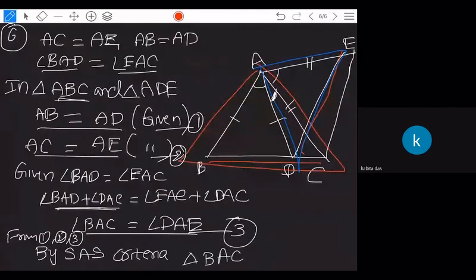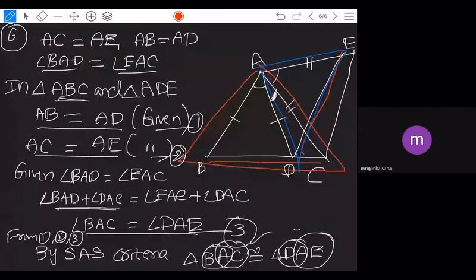BAC is congruent to, BA equal to what here? DAE. Is it right or wrong? You have to check it. Because angle BAE, angle DAE equal. BAE, DAE equal. BA equal to DA. Yes, DA. Is it right? Yes, sir. So next thing, what you have to see in this: AC is given here, AC equal to AE. AC equal to AE. Right. So triangle BAC is congruent to triangle DAE.